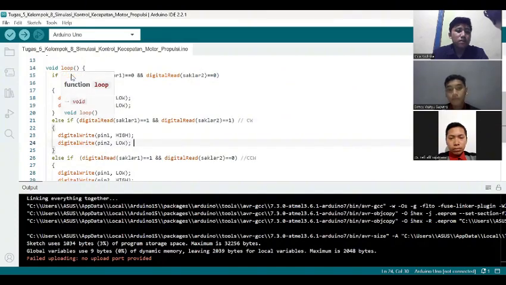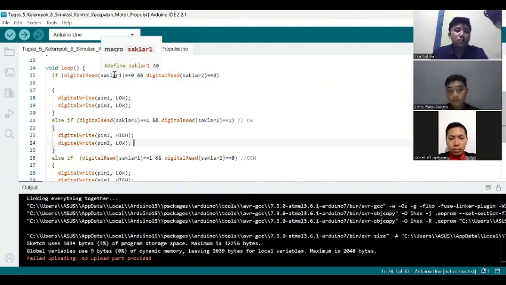Okay, next. Void loop. Void loop is the looping program that processes and reads the program's input and output. If digital read saklar 1 is 0 and digital read saklar 2 is 0, where 0 is low and 1 is high, then digital write pin 1 is low, digital write pin 2 is low.